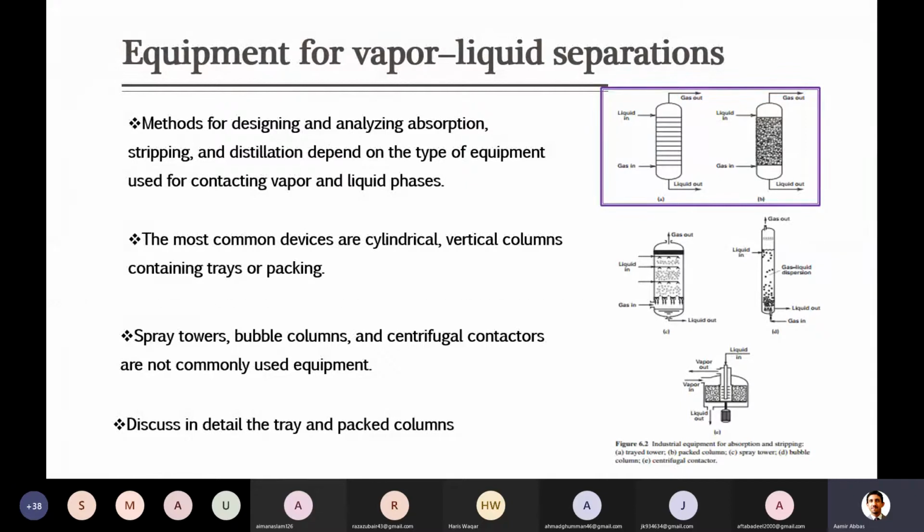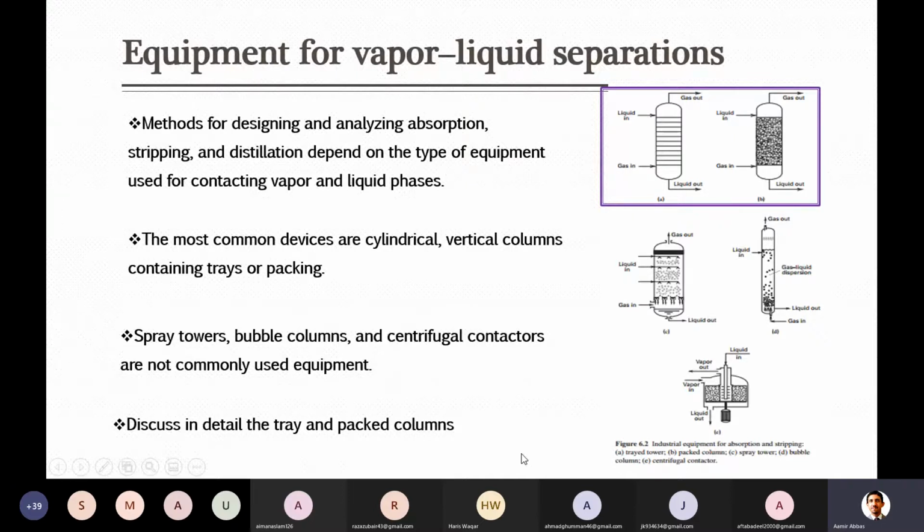Out of those equipment, the first two types mentioned at the top are spray tower and packed tower. Along with those there were some others mentioned below, like bubble column and then the centrifugal contactor. At the start of the lecture, I briefly discussed the phenomena of vapor-liquid contact and the operation of these equipment for a couple of minutes, and later we switched towards the detailed discussion